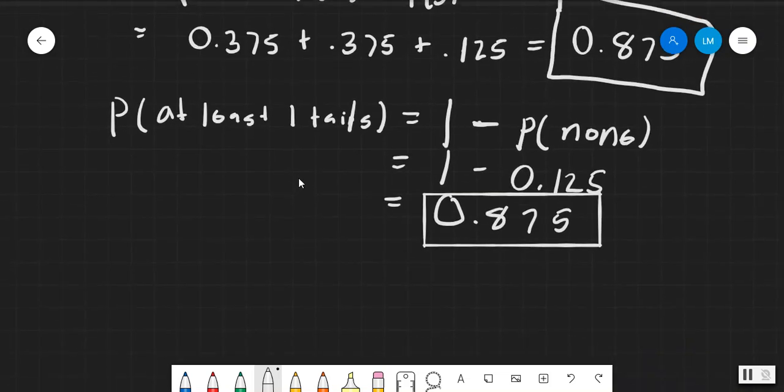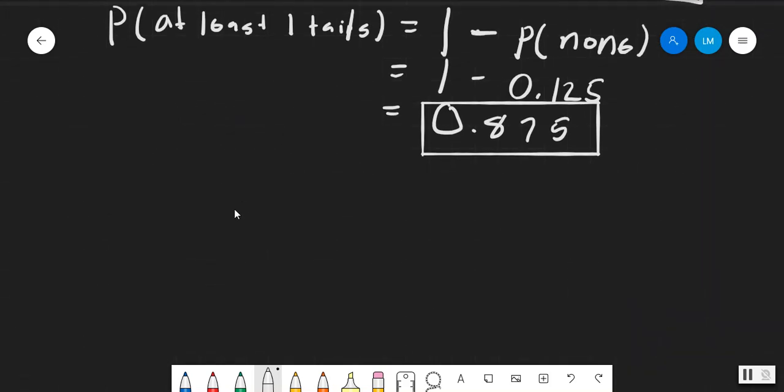Now, not to really make it more complicated, but one other way that you could have done this is just to say 1 minus the probability that it is heads. So that's going to be 1/2, and then you just raise it to the 10. And what that does is it, oh,